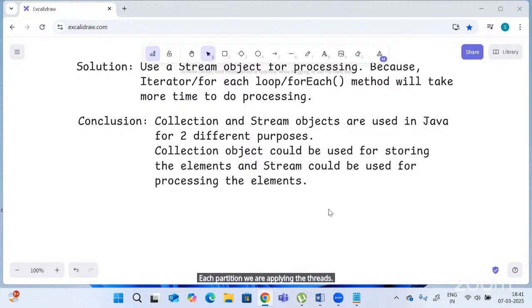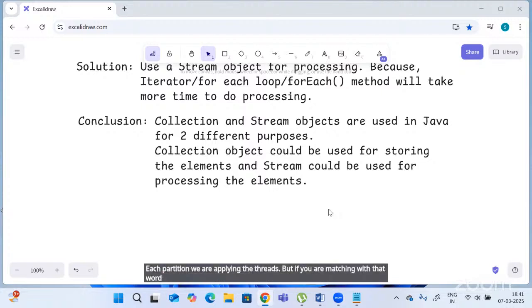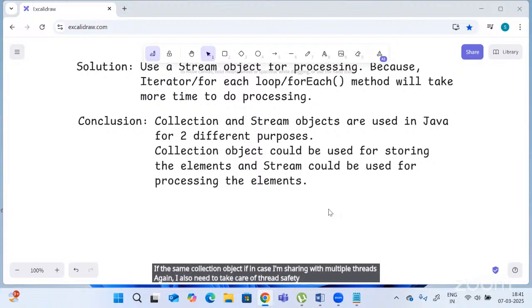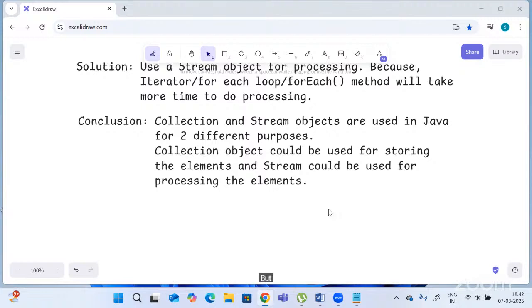Where if we are matching with that word, we can add to that collection. Only one collection we can apply for. I mean, for example, if the same collection object is shared with multiple threads, I also need to take care of thread safety. But we are applying object lock for that. If you apply object lock, that is called synchronization,